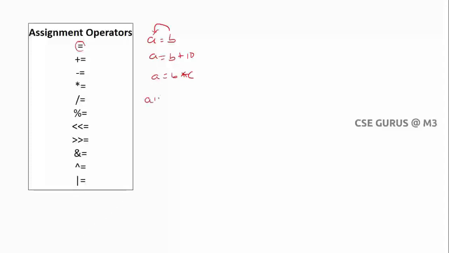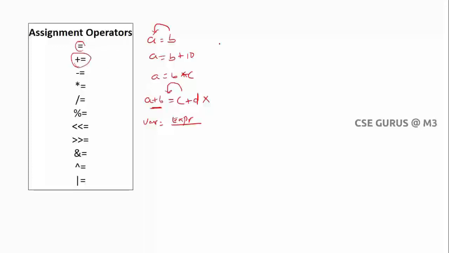And what if I write a plus b equals to c plus d? This statement is wrong in C programming. Why? Because the value of c plus d will be assigned to whom? On the left hand side, the value must be only a valid variable. It should not be a constant either. So the left part should definitely be a variable equals to an expression. That has to be maintained. Like this you can write.